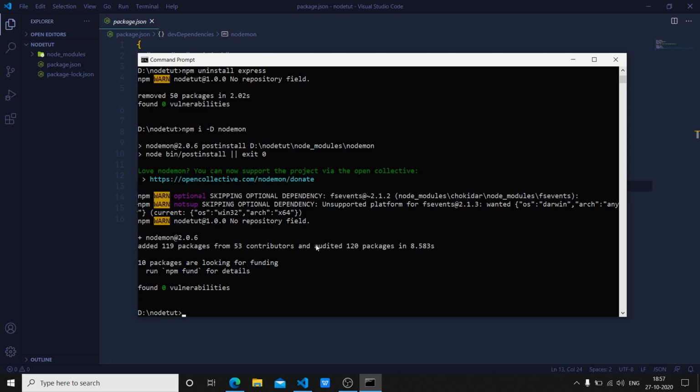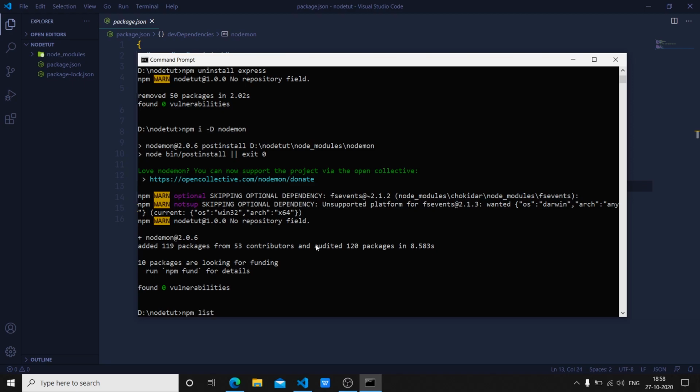Now there are a couple of other commands that you may need to use sometimes. The first thing is that let's say you are using Node.js for a long time, so your system will have a lot of cache in it. In that case, you can use this command, npm cache clean --force. What this does is that it will clean the cache so that we can install this again, because this is installed in our C directory too. So it will clean the cache from there and it will install everything for us.